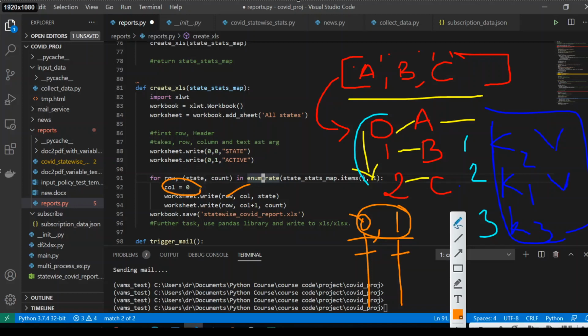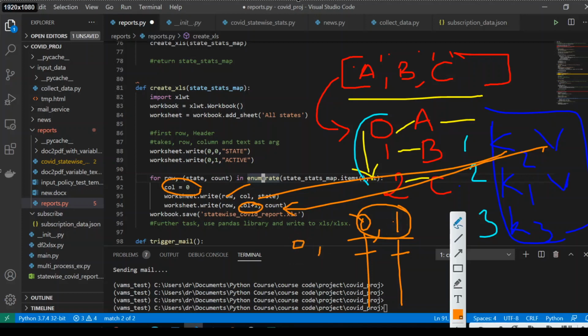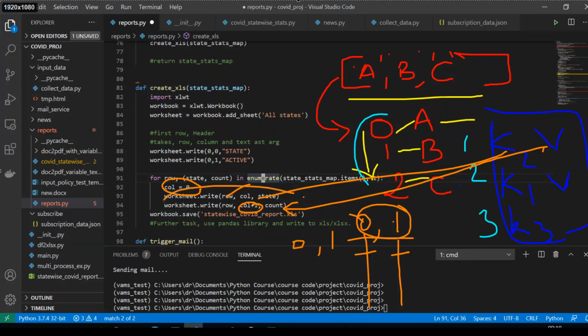So I write the key, which is nothing but the state here. Once I write the state, I need to write its value as well, that is the active number of cases. So in the second statement, I am writing it in the same row but a different column, that is the second column. So the 0th column and the first column. That is why I am enumerating and passing the values inside this.